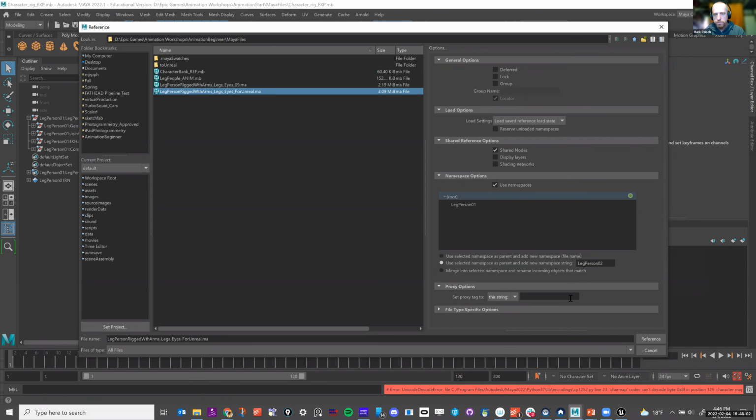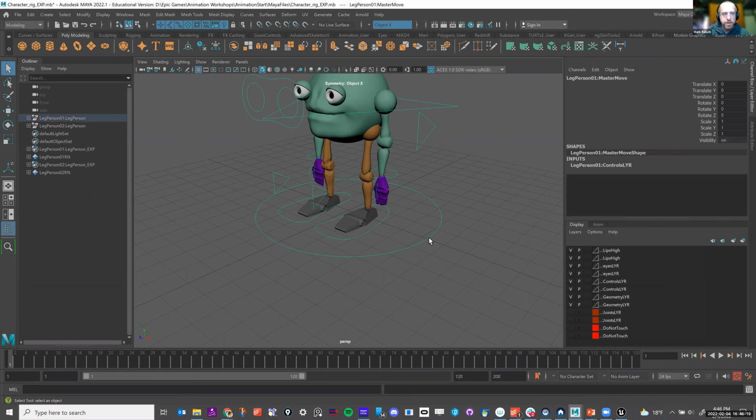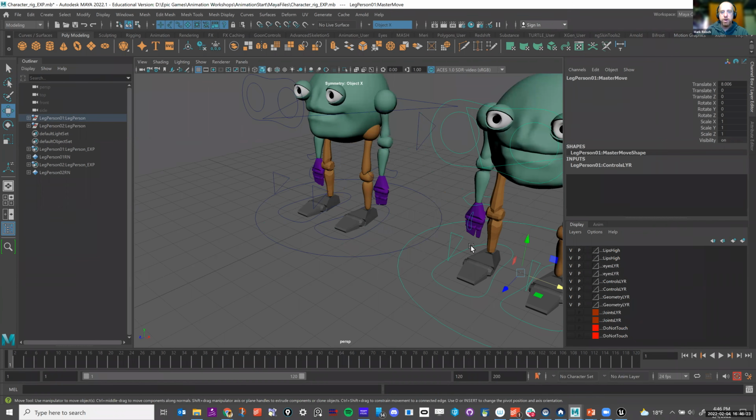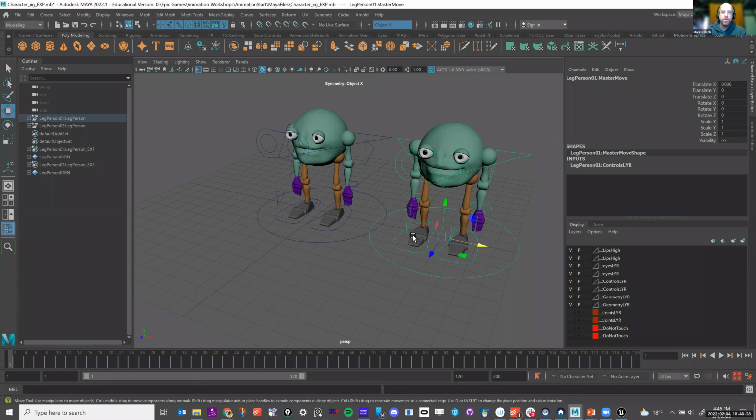And then I'm going to use that and do a reference. Now what I should have is two characters there: leg person 1 and leg person 2. If I select one of these, I'm selecting leg person 1, and I'm just moving this character over so that you could see it.